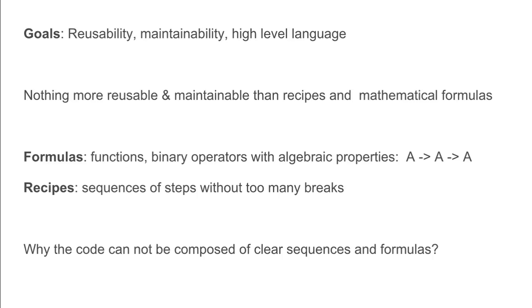First of all, formulas use functions that transform values from A to B, from one type to another, with certain properties of composability, and they have nice binary operators with algebraic properties, in which we can combine two elements to generate a third of the same type. So we can add two to generate a third, and this way is wonderful for managing mathematics. But